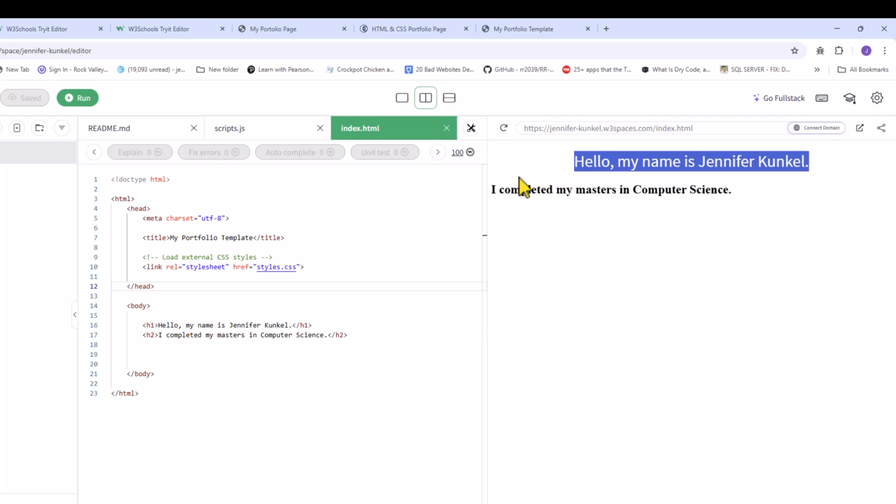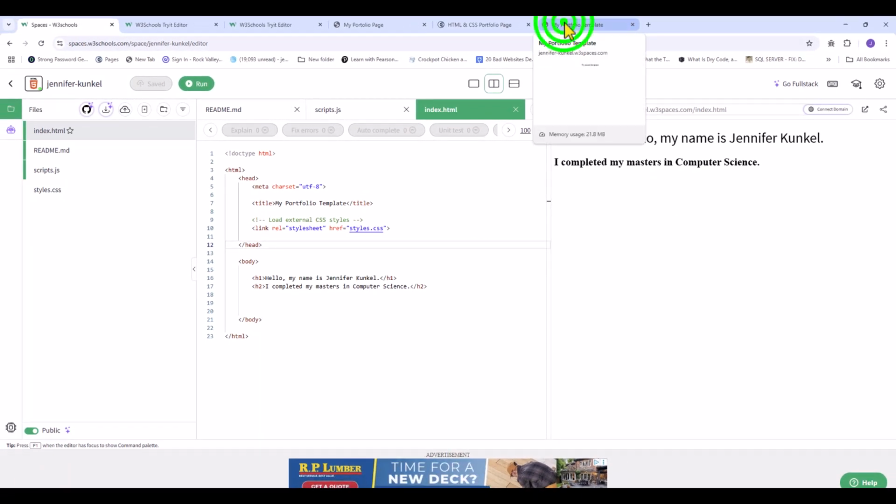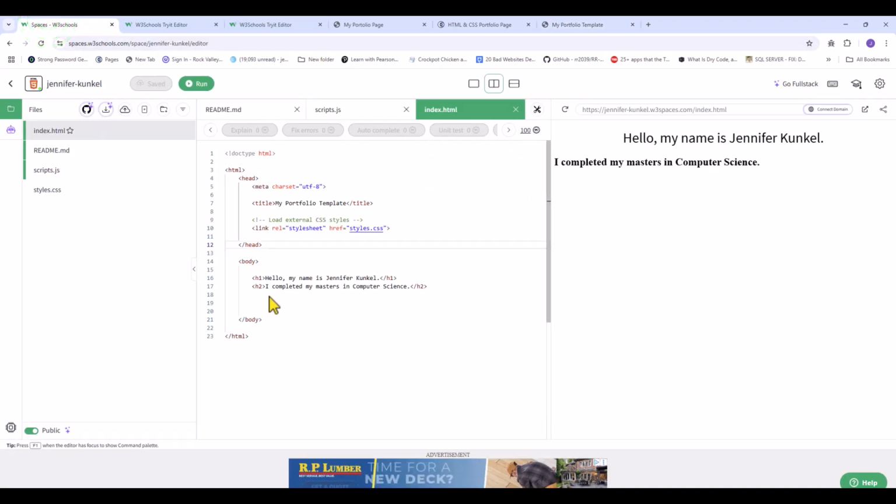We can see that this text is a little bit larger than this text. We're not going to focus necessarily on the style or anything like that. What we do want to look at is in the actual browser window, we can see what it looks like, but the page is going to be longer. And when we get into showing images, etc., it might look a little bit different. So let's go back to our page.